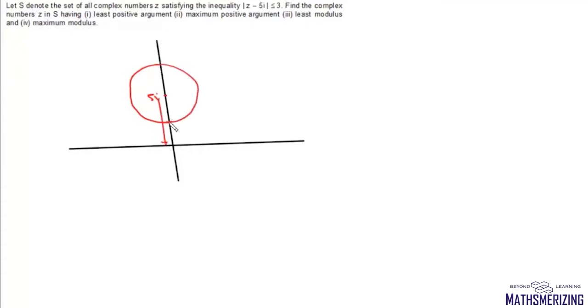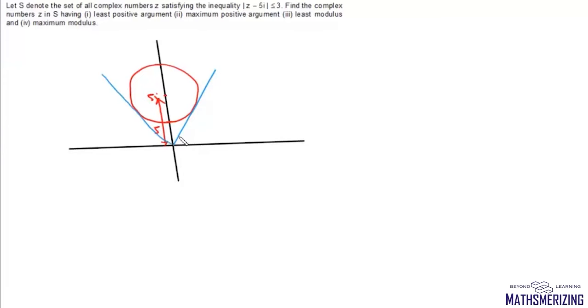Now this distance is 5 and radius is 3. Now let's say find the complex number z having least positive argument and maximum positive argument. Now least positive argument will be when it is tangent to this right side, and it will be maximum positive argument when it will be tangent to this